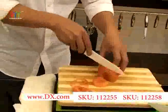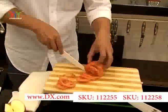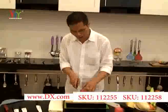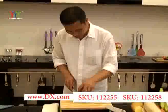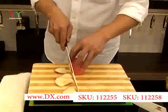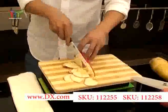Now we can see that using the King Double ceramic knife to cut tomatoes is so simple, so easy and so convenient. Sometimes we may need to cut some fruits to make salad. Take cutting an apple as an example. When we use the ceramic knife to cut, it's very easy. It doesn't need much strength and we can enjoy the sound, which is just like good music when cutting